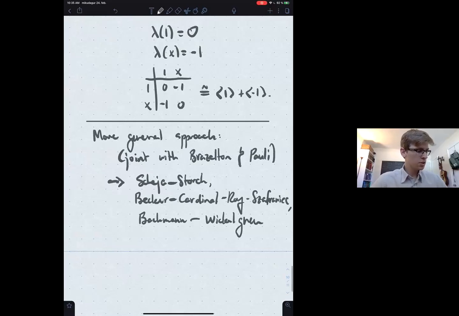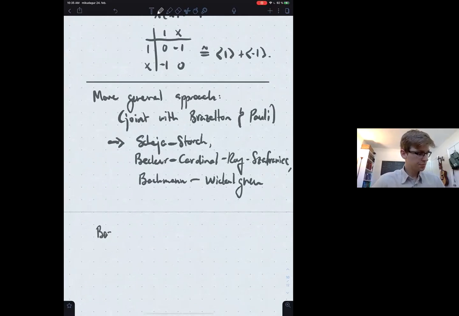So the starting idea is that when Scheja and Storch constructed this eta, we talked about it for local complete intersections, but they actually do it for global complete intersections as well. They do it in a pretty broad generality. And so if we can find a way to relate local Scheja-Storch forms to global Scheja-Storch forms, then maybe we can actually compute a global degree in terms of the global Scheja-Storch form.